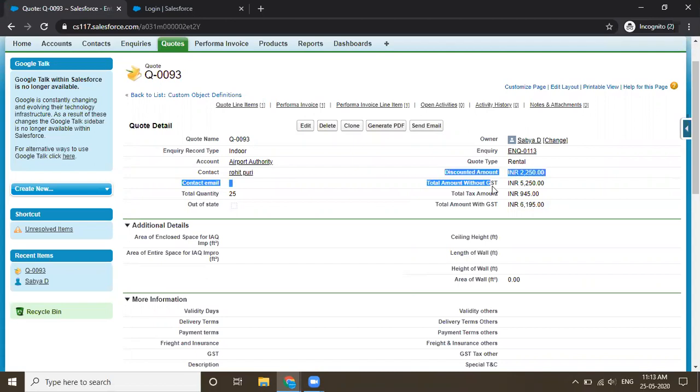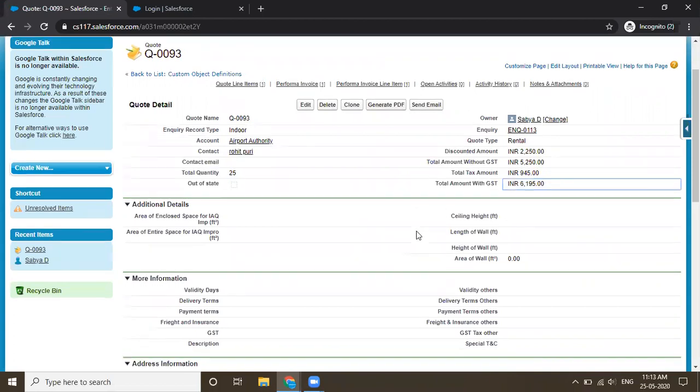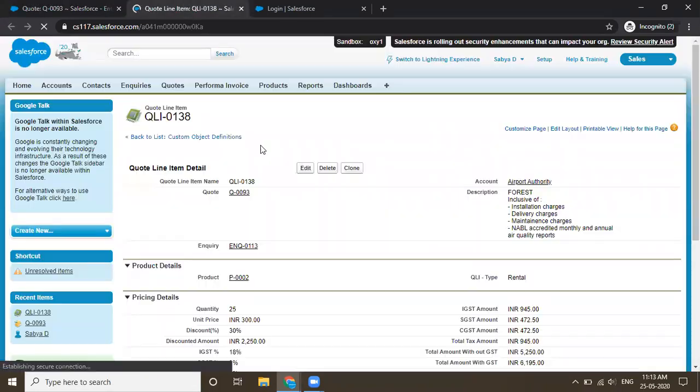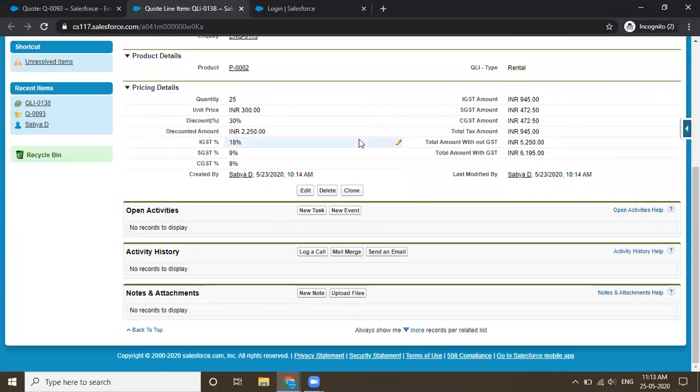So these are the fields that I'm rolling up with the trigger. Why am I rolling up in the trigger? Because we have a scenario in Salesforce where we can't roll up the summary fields. Like, I have calculated some amounts here. So what is the problem? I can't roll up this field, total amount with GST. What is the problem in rolling up this? It is the addition of total amount without GST plus total tax amount. Total tax amount comes from the formula of IGST, SGST, and CGST. So we'll see how this field came and why I can't roll up total amount with GST.